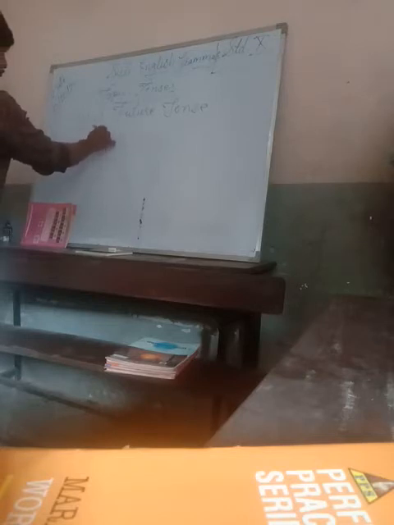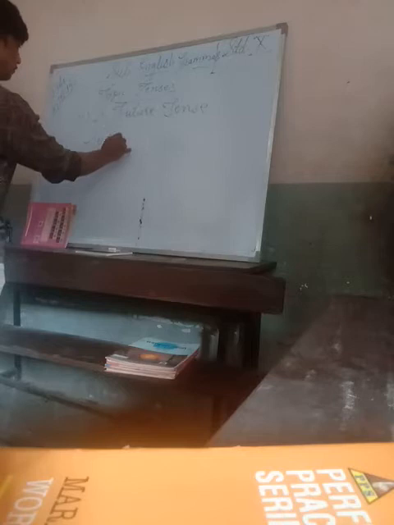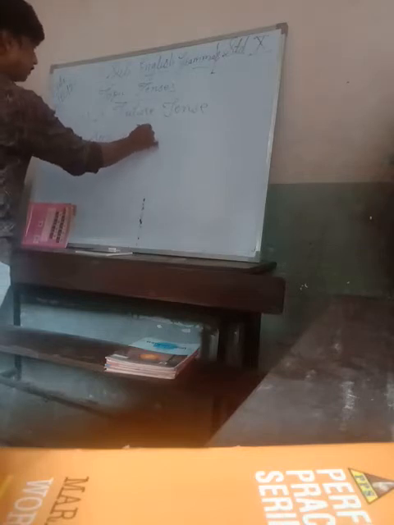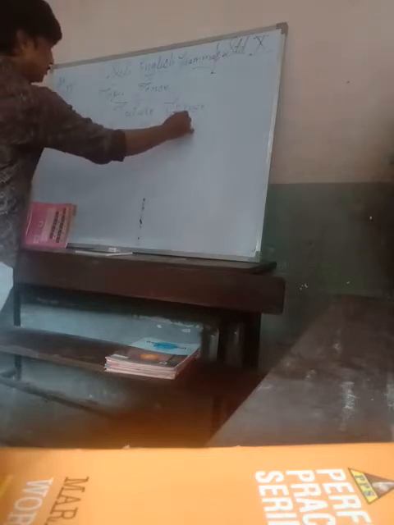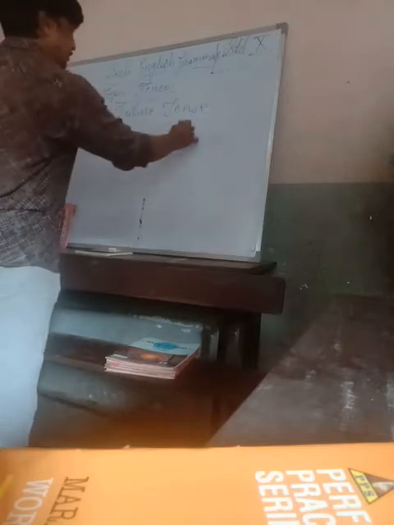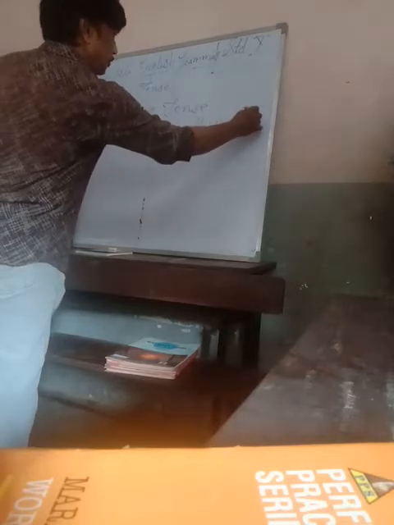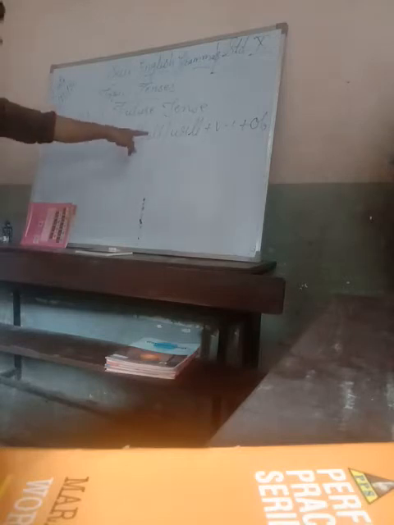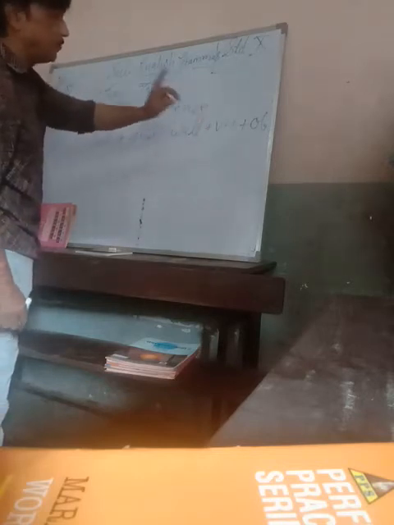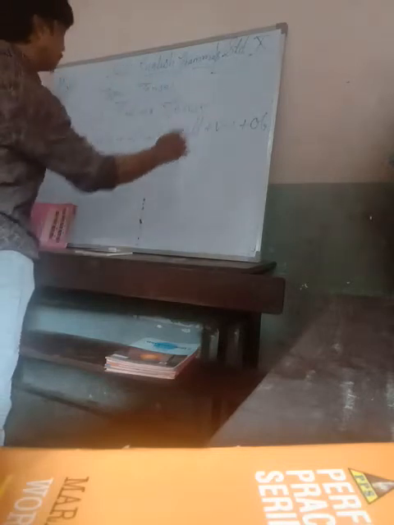Subject comes first, plus shall/will. Shall/will is the symbolic verb of future tense, plus V1, followed by the object. You know very well what V1 is: the first form of the verb. So it's quite a simple formula of simple future tense. First subject, then shall/will, the symbolic verb of future tense, plus V1, the first form of the verb, and then the object.